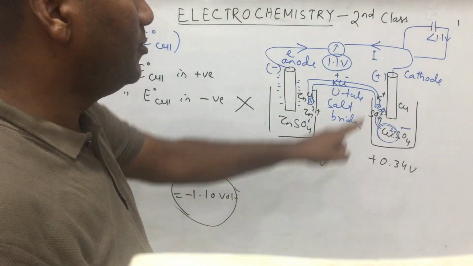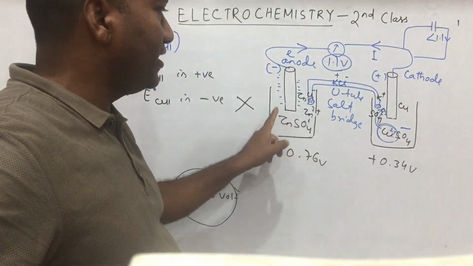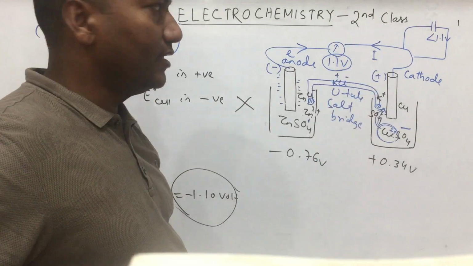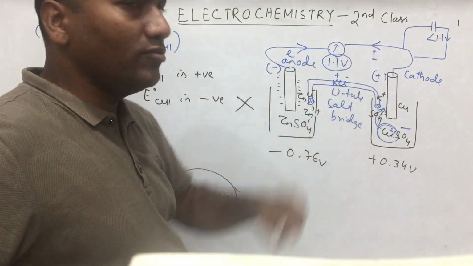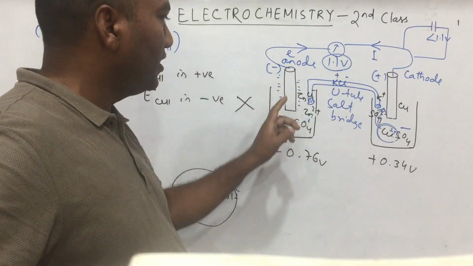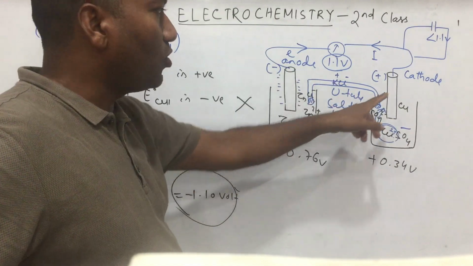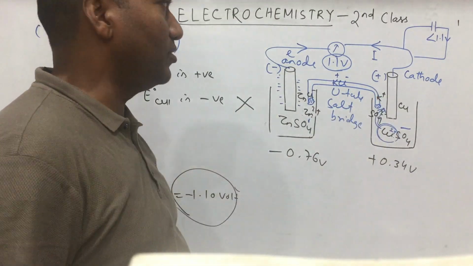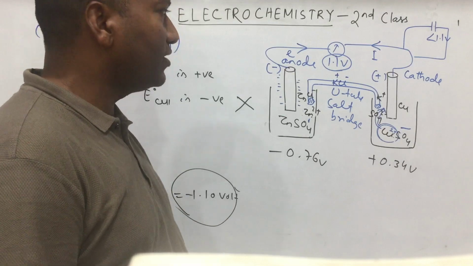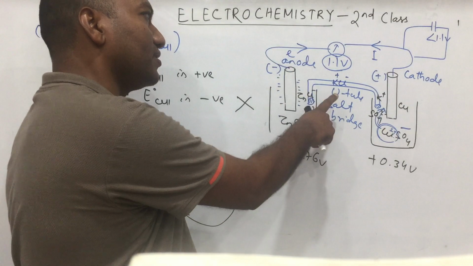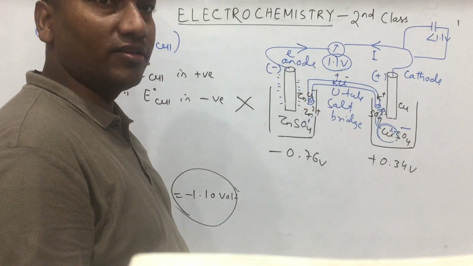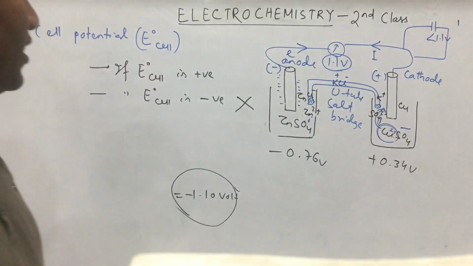Then the second question is, sir, why less than 1.1 volt? If you pass less than 1.1 volt, the cell reaction is feasible. That means zinc loses, Cu2+ gains. But if you pass greater than 1.1 volt, the reverse reaction takes place. That means Zn2+ gains electron, copper loses electron. Which one is not possible or not feasible? Clear now? So the only possibility is this: zinc loses electron, Cu2+ gains electron. Clear now? So check now.